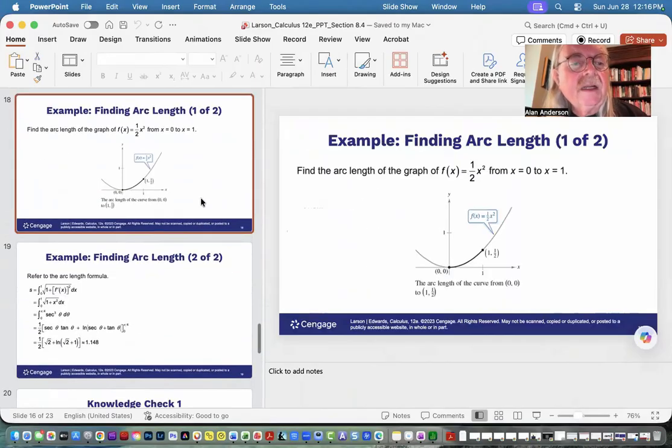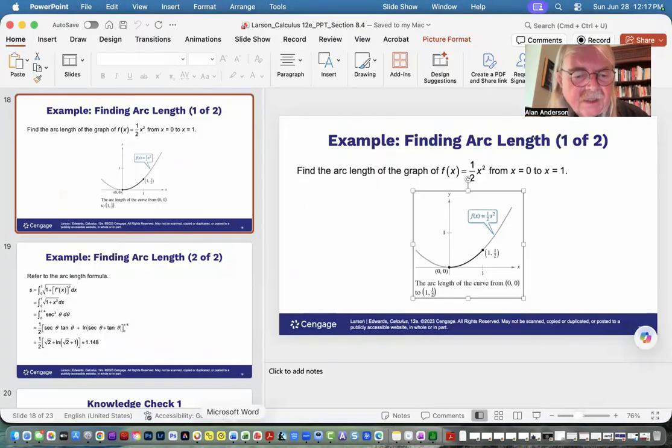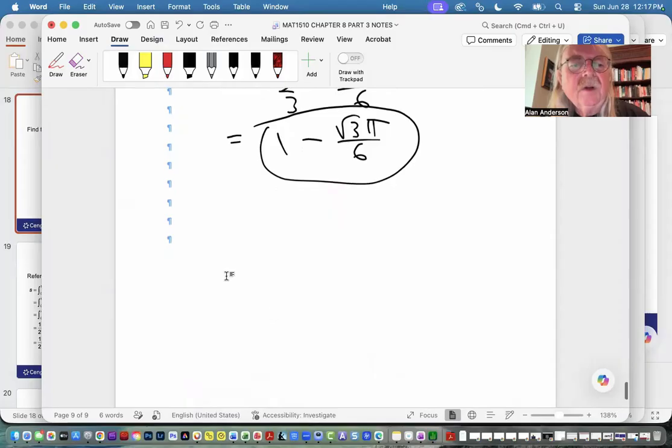Now, they're also reminding us about this concept of arc length we saw a little earlier. They want us to recognize that this falls into one of these three categories. So here's an example: the arc length between (0, 0) and (1, 1/2). Well, we have the formula from an earlier section, but they want us to notice something very important